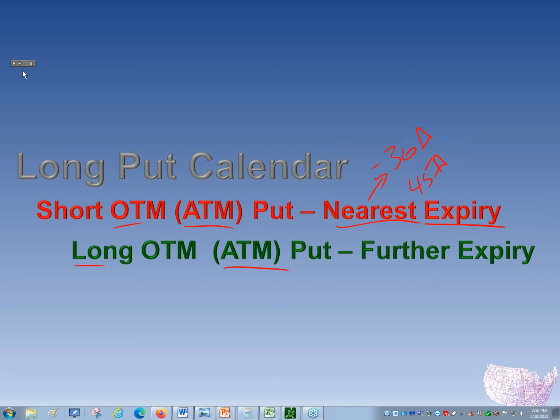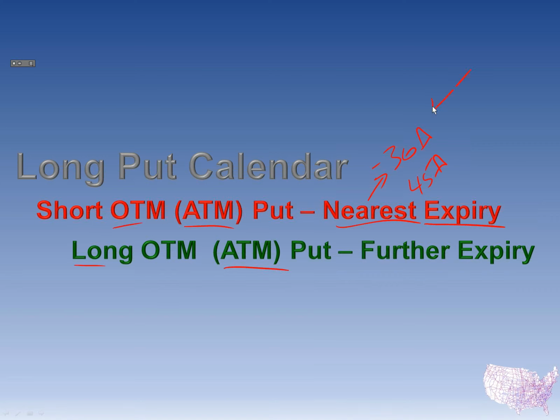But right now, I want you to think about all you need to do is figure out this first strike location. This is your real risk in the trade that you're really going to be concerned about, that short one. So I like to use the 36 delta. If you're more market neutral in the immediate term, then you can go to the 45 delta. I just like that 36 delta myself. That's my sweet spot for this one.